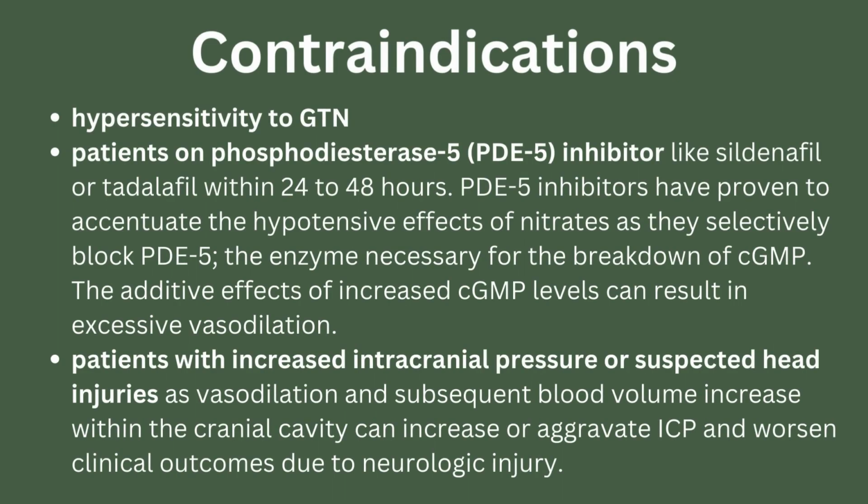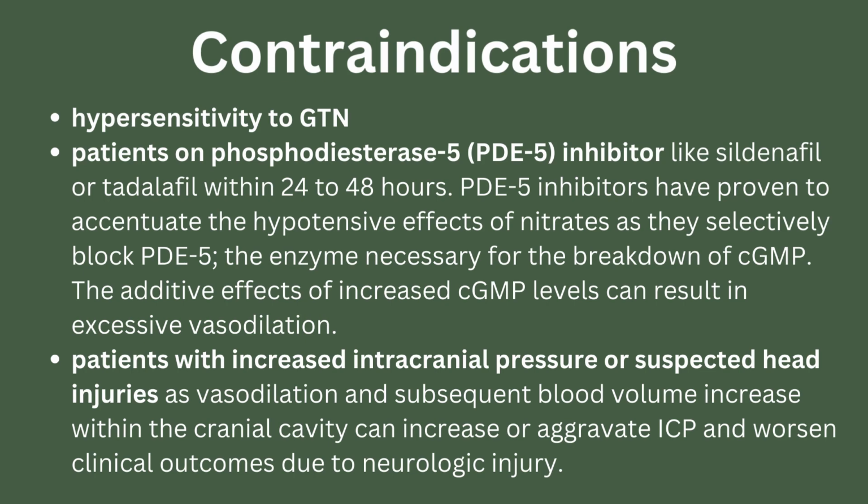The contraindications of GTN include hypersensitivity to GTN and patients on other vasodilatory nitrates. Vasodilatory nitrates should not be given to patients who have taken a phosphodiesterase 5 inhibitor, like sildenafil or tadalafil, within 24 to 48 hours, due to risk of severe hypotension. Phosphodiesterase 5 inhibitors accentuate the hypotensive effects of nitrates as they selectively block phosphodiesterase 5, the enzyme necessary for the breakdown of cGMP. The additive effects of increased cGMP levels can result in excessive vasodilation,